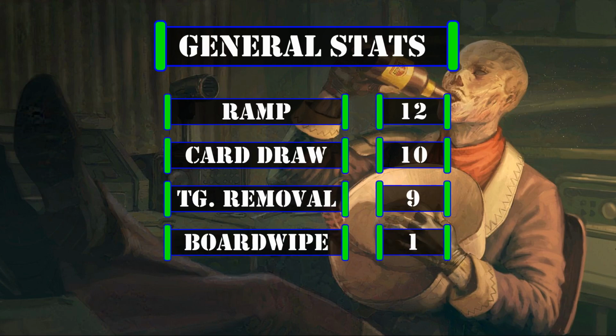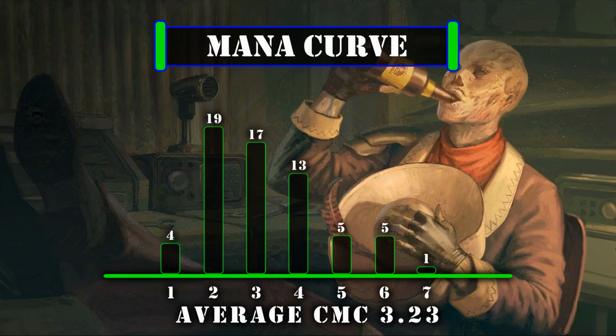sources, and 1 board wipe. Our removal is slightly below average in this build, but it is made up for by the build's multiple ways to protect our creatures from destruction, and the fact that we can get multiple uses out of our removal thanks to all our graveyard recursion. Looking at our mana curve, we have an average CMC of 3.23, leaving us with a